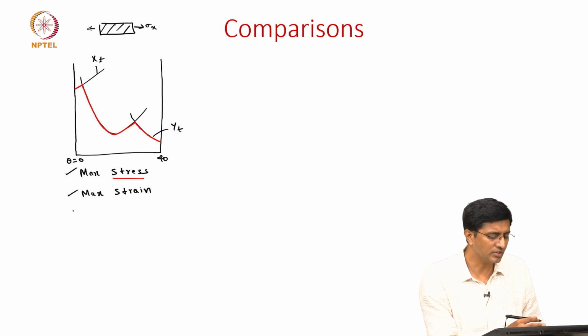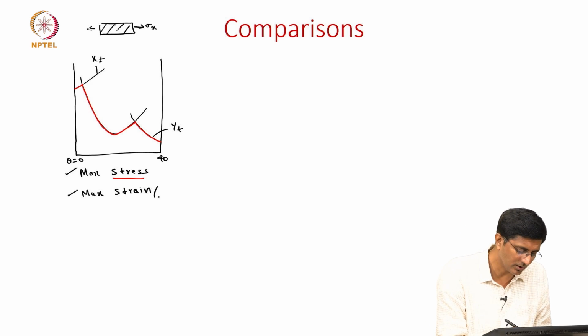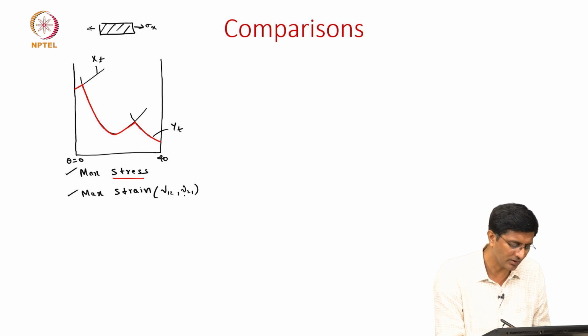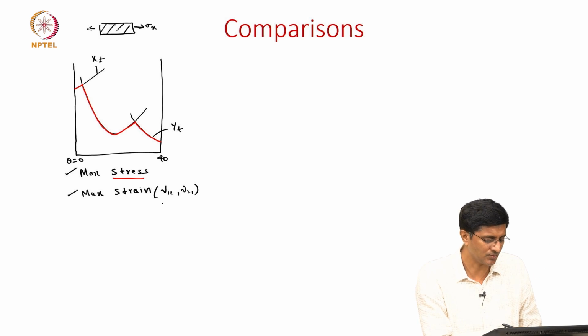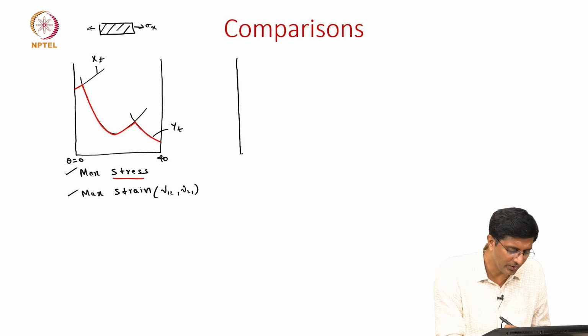Of course, both are not the same because these values will slightly change, and we already mentioned that the Poisson ratios nu12 and nu21 also come into the expression when we discuss maximum strain. But the similar thing, if we do it for Tsai-Hill,